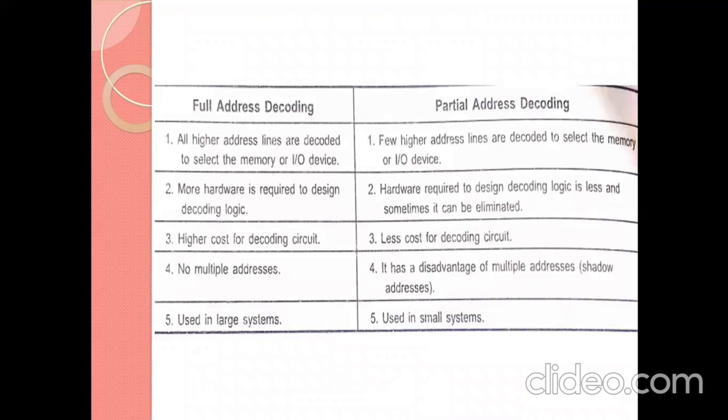With fewer address lines, the decoding circuit cost is less, so partial address decoding is used for small systems. Full address decoding is used for large systems. This is all about the IO interfacing techniques.